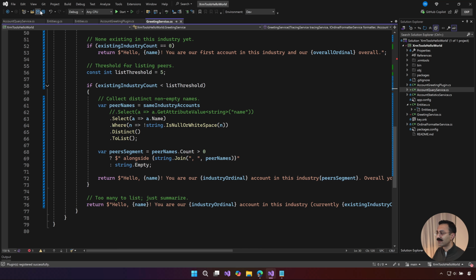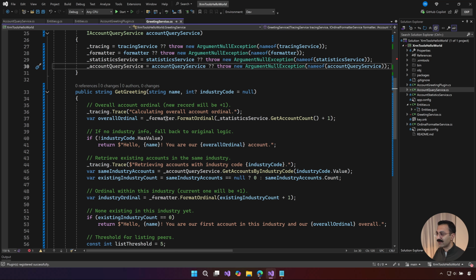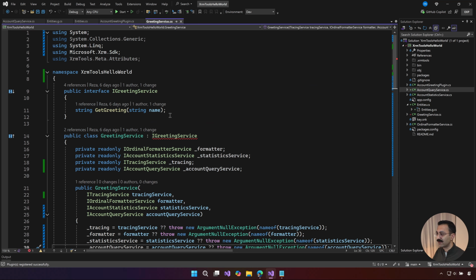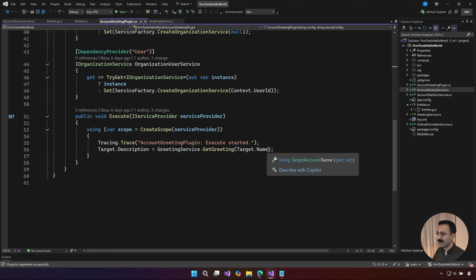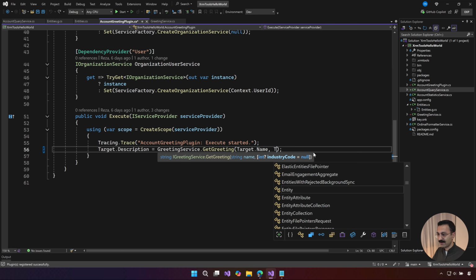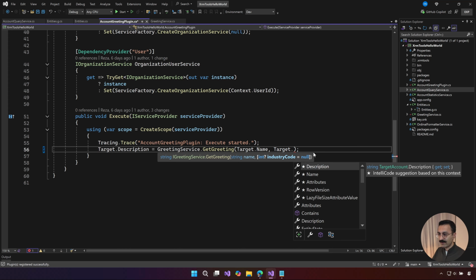All right. Now the signature of this method has changed. And so let's update our interface as well. And now we need to go back to our plugin and send the industry code here as well. Okay, the problem is it doesn't exist in our target.